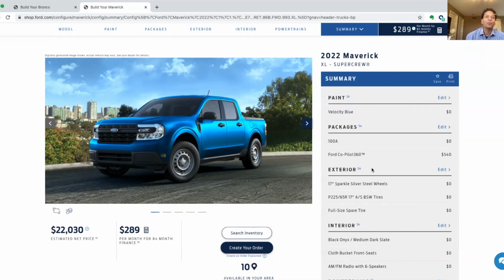all this being said, would I buy a Maverick instead of a Bronco? I think the only thing that would hold me back is that it is not made in the United States. So if this thing was made in Michigan, if this was made in a plant, let's say in Michigan, for example, where Bronco is, I would seriously have second thoughts about the Bronco. So that's the only thing holding me back. Other than that,